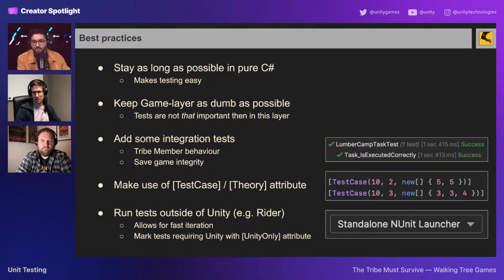Yeah, and as I said before, integration tests help to ensure that the systems work well together. There are these behavior tests that I mentioned with the lumber camp, that works well. There are also save game integrity tests, so that you play the game, you save it, then you restore the game, and that should be the same as if you would have played without saving and loading. That makes sure that all the state that happens in the game is actually persisted and restored